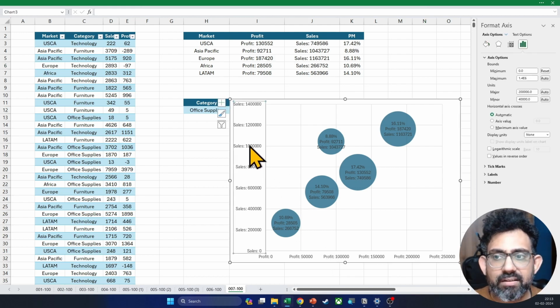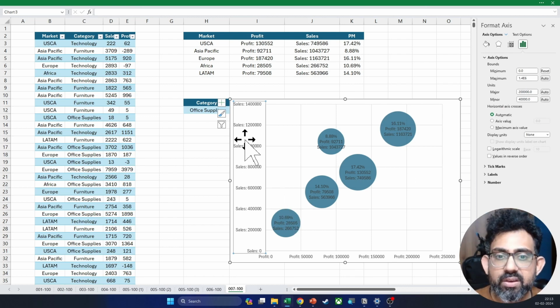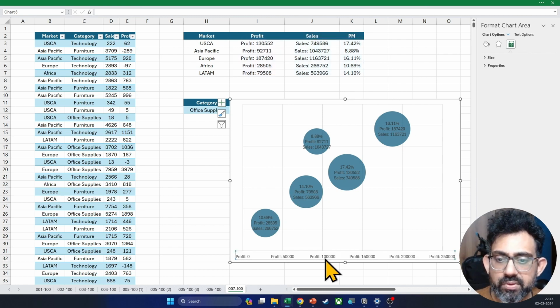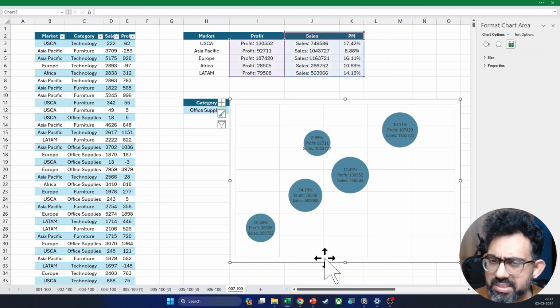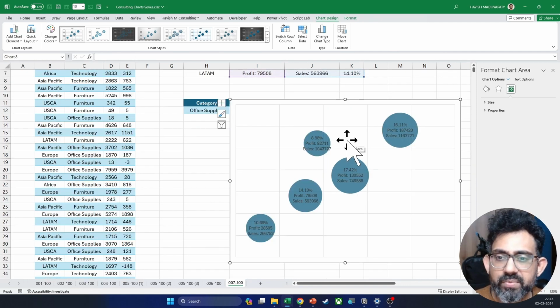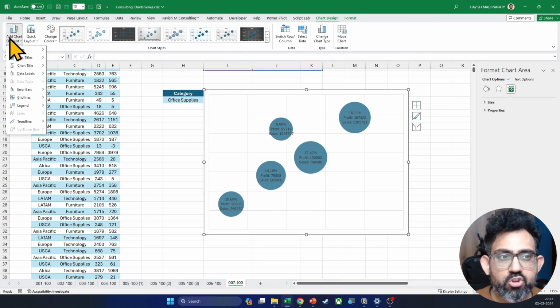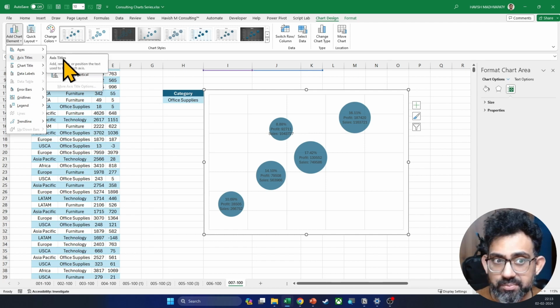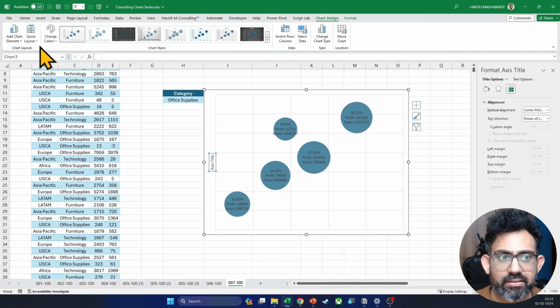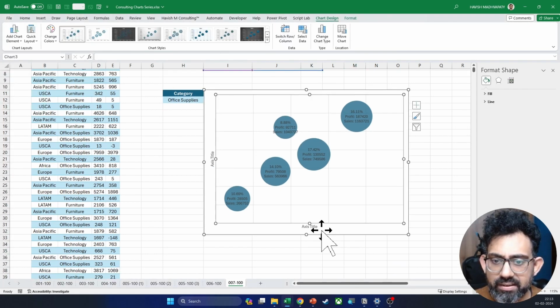In this case, when I click on the Y axis, you notice that you can turn it off if that is what you want. So we can simply select it and delete it because this is good enough. The user knows that the profit and the sales is what is being presented. But to make it look better, I would prefer that if we add the text here, so we can go to chart design, chart element, and we will add the axis title. So we will add vertical and we will also add horizontal. So in the horizontal, we can say that